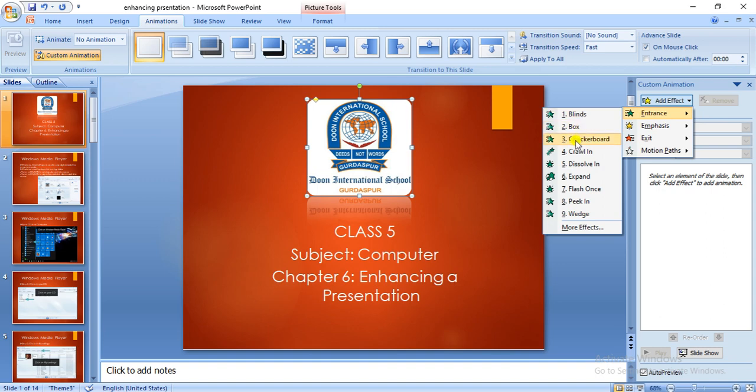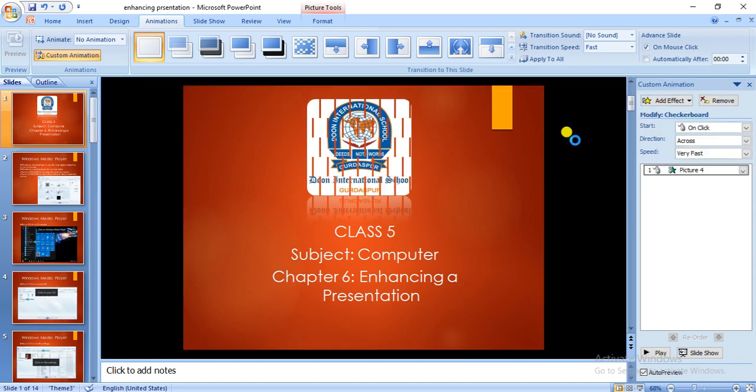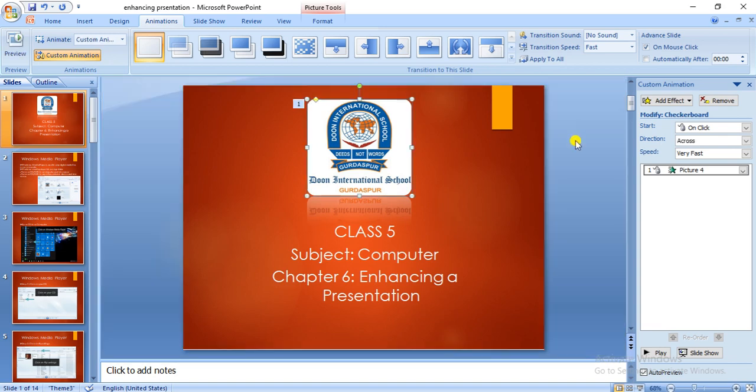Let me choose an entrance effect over here. So I'll click on the box. After applying any animation effect, you can see on the object a number tag appear next to it. Can you see over here there is a number tag appearing? This symbol also appears next to the slide in the slide navigation pane. You can see there is a star symbol on the slide navigation pane. So you can apply multiple animation effects on the same slide. These numbers indicate the sequence in which the applied animations appear on the slide.